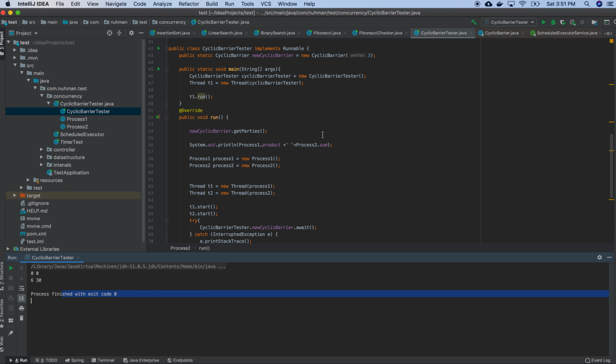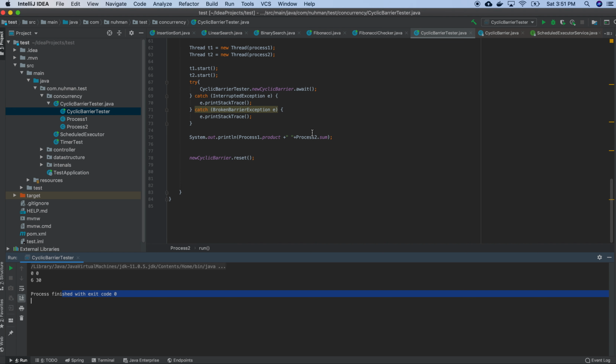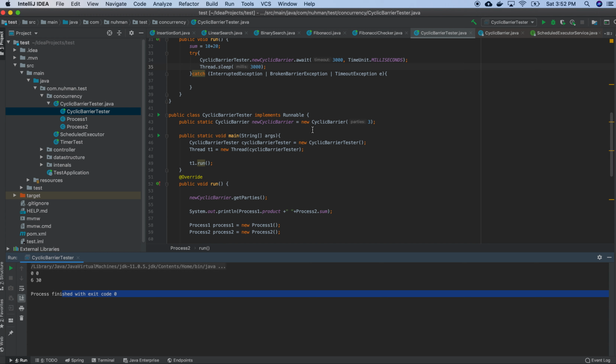So the cyclic barrier is a good mechanism to make sure all the threads are executed. So that's why the cyclic barrier works. That's all for